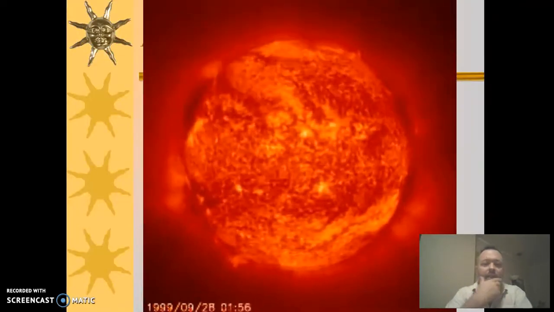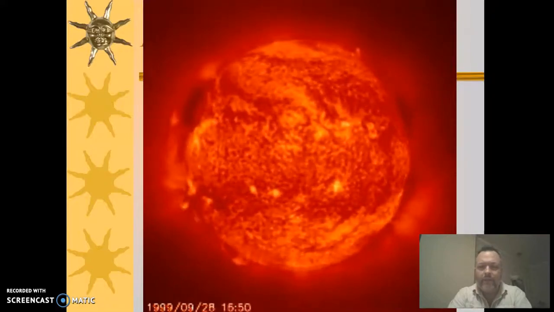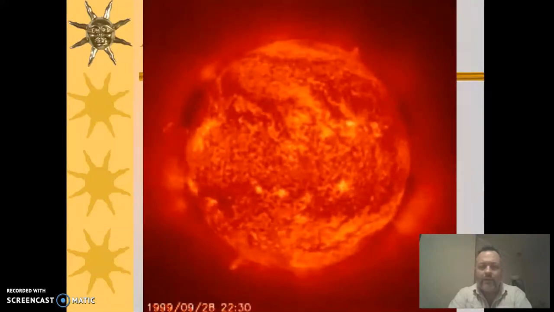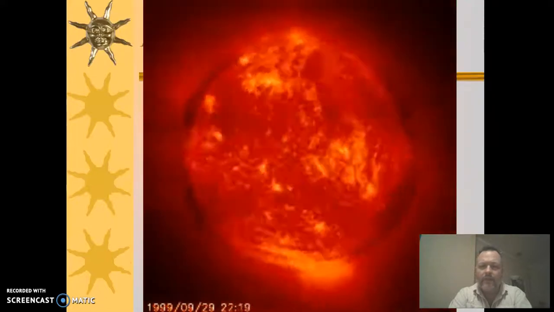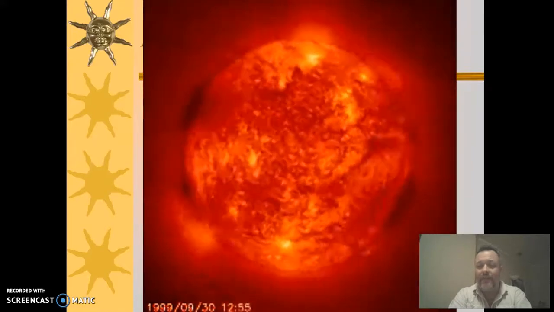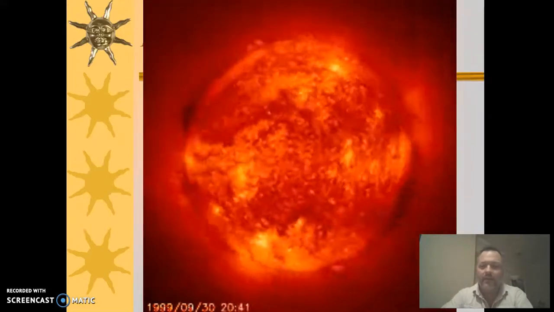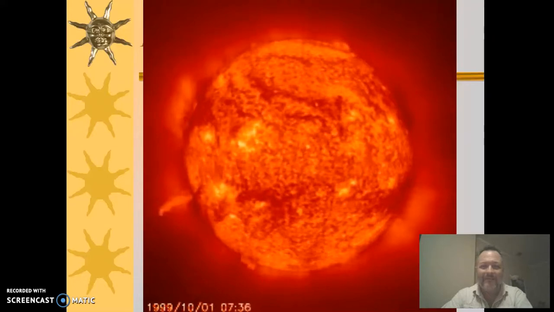So here's our sun through a filter. I'm guessing a hydrogen alpha filter in this case. Pretty amazing. It really is so complex. And one thing you should immediately know about the sun, a lot of this activity you see is due to magnetism. I don't know why it's turning like that. I don't remember that video turning like so. But anyway,